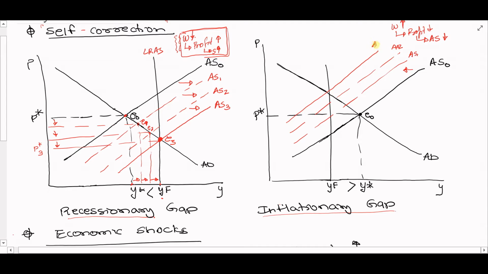Maybe you can think about this as 1 year for each of these shifts, and so it takes 3 years or 4 years or 5 years, whatever is the speed of correction. So slowly and steadily, you move your equilibrium from E0 to E3, right? And as a result, your GDP slowly moves back to its full capacity, and the prices will slowly rise, right?